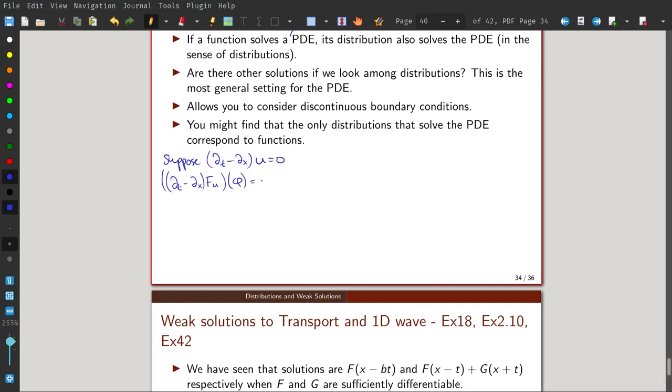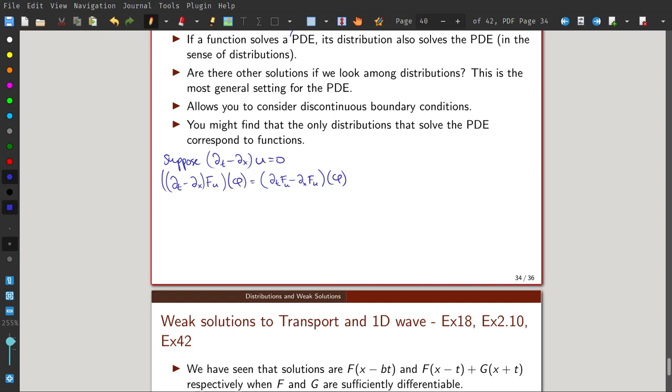So by definition, this should be the t derivative of f minus the x derivative of f acting on phi, and we said that this is